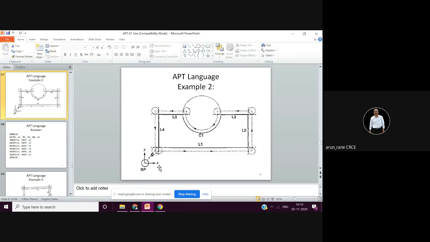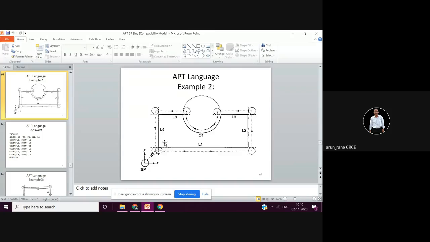So here, how to use this motion statement. Look at this slide: from SP, that is nothing but from start point, go to line L1. That means this cutter will reach the line L1. If you say on, that means the cutter center line and this line will match.